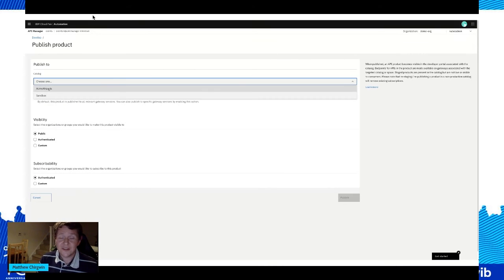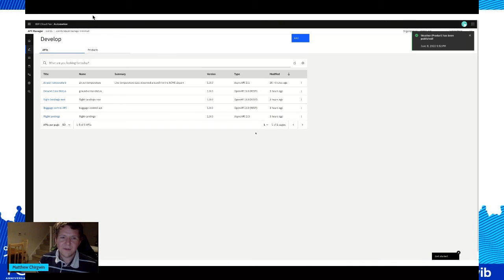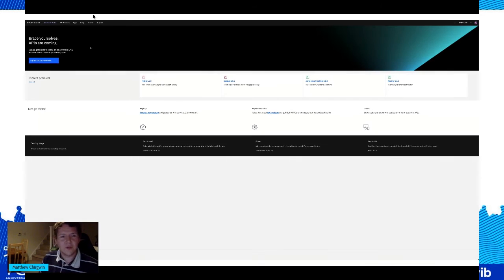The publishing process, once you have your product completed, is pretty trivial as well. As you can see, another little wizard flow here. You choose your publishing target. And just like that, that API definition that you've created has now been pushed to the central developer portal, and has been pushed to an event gateway instance, already meaning that application developers can now discover and start to make use of the Kafka cluster of topics that you've just described. So let's have a look at what that looks like.